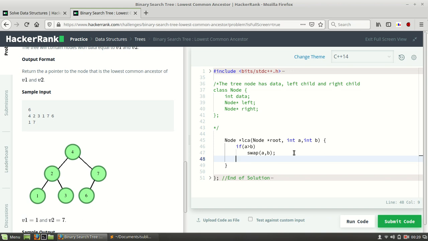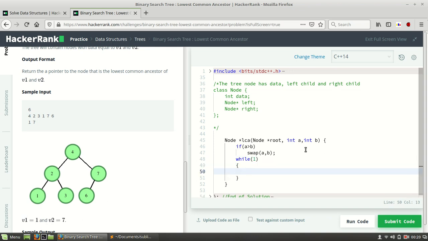Okay, let me put a tab here. Now what we will do is run a while loop, until we get a break statement here.